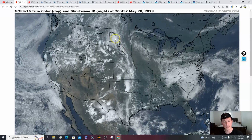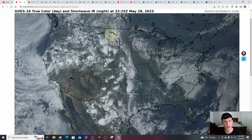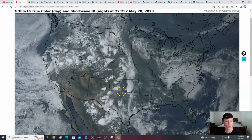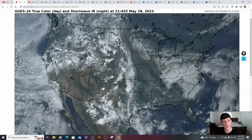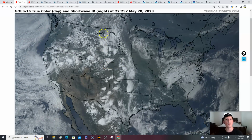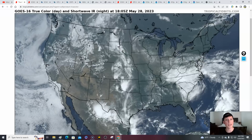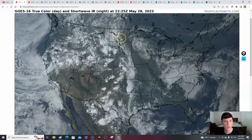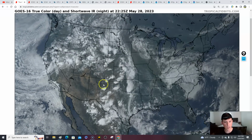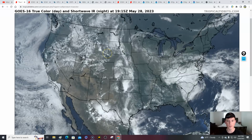And then you still got the storm development that continues to pop off, the low-level fetch of moisture up into the high plains that continues to provide the ingredients for storm development anywhere from the southern high plains of western Texas, eastern New Mexico, all the way up through eastern Colorado, all the way up into sections of eastern Wyoming and eastern Montana, okay, and portions of the western Dakotas. So that's why you have these big explosions of storms, looks like just dots that explode right here on the map. That is storm development